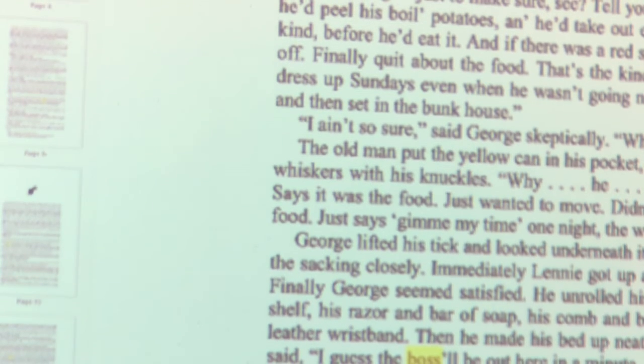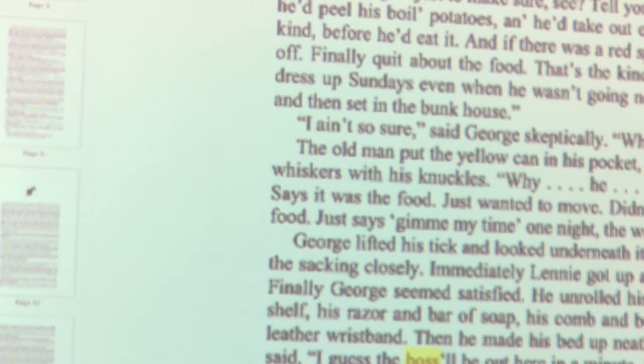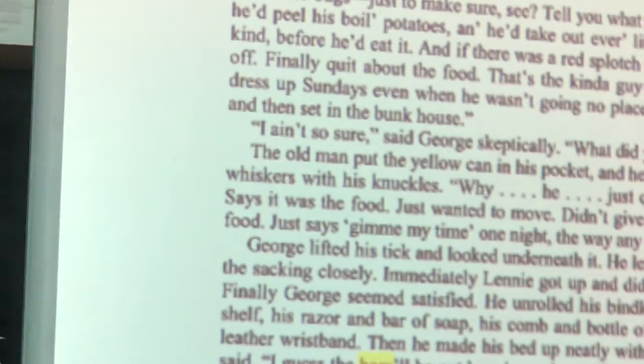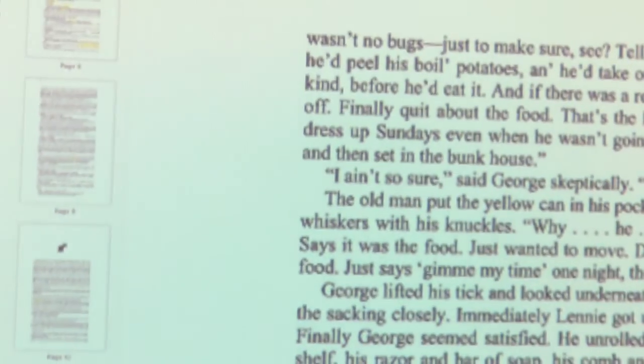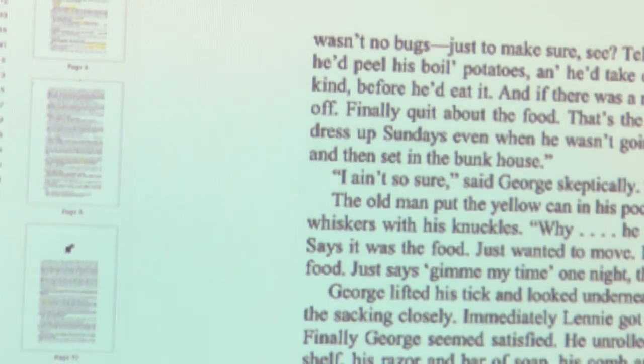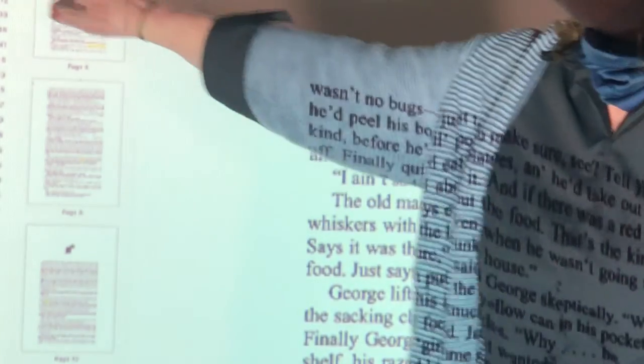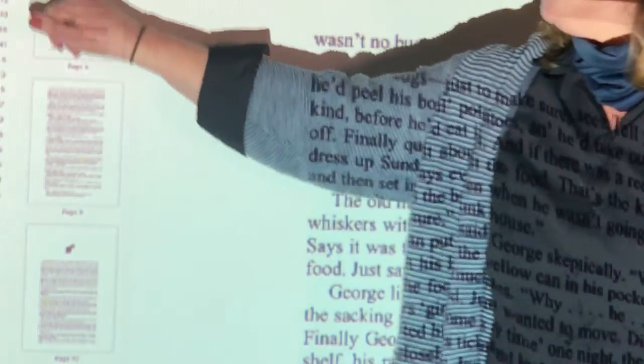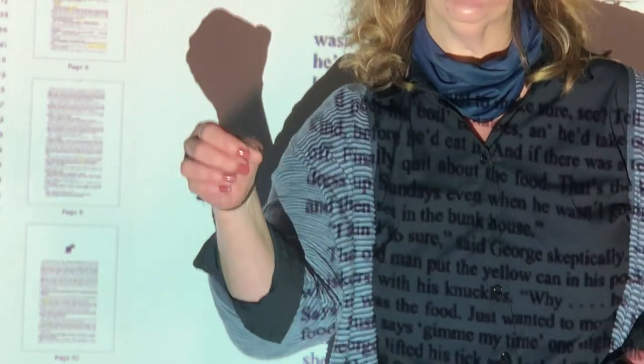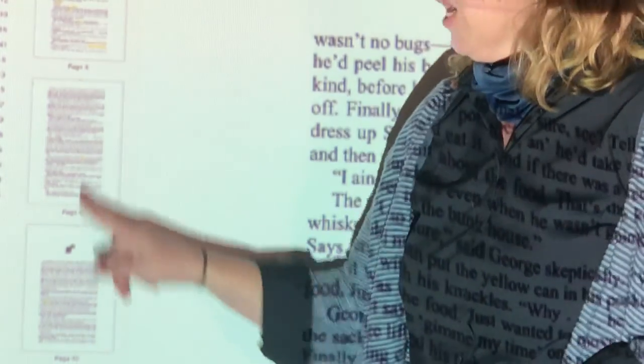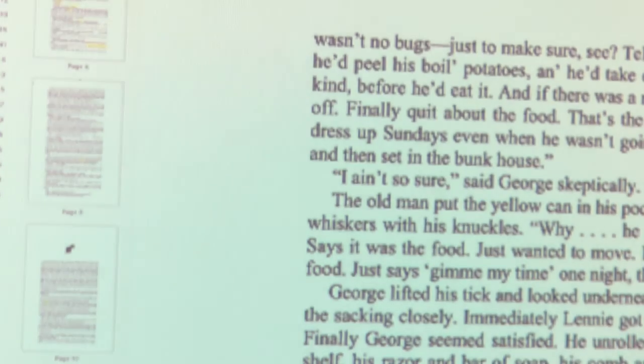How much space does that take up? I looked up the boss. Let me get it where you can see. So, I went to my Notability, I typed in boss, and it pulled up every single page that actually mentioned that word boss. It did a search for me. So now I can go on a page hunt, and I'm going to look for that one quote that I might want to use right now.